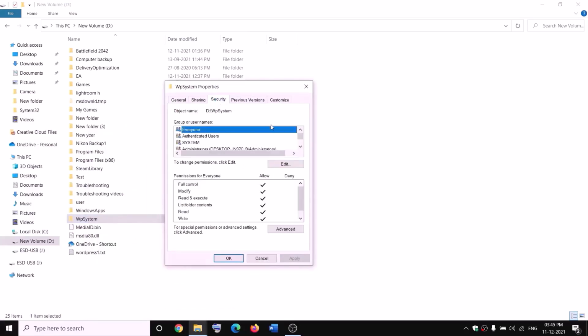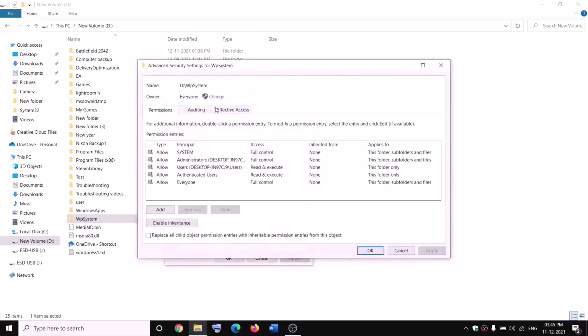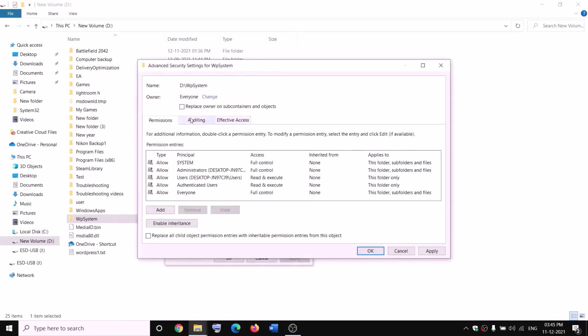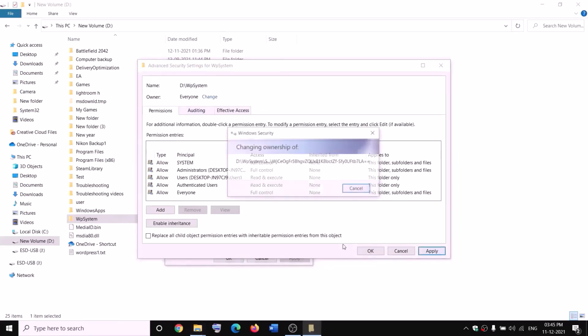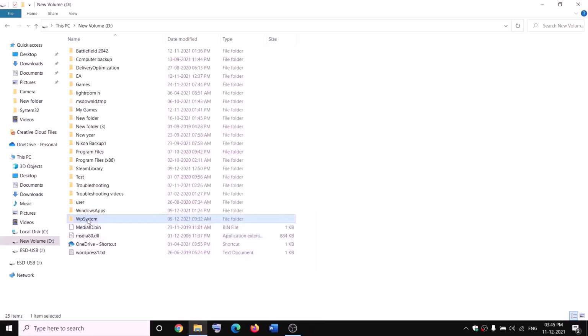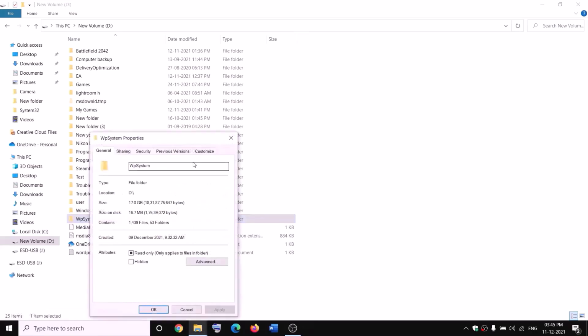We will go ahead and take the ownership of this folder. So go to security tab and then click on advanced. Now click on change over here and then type in everyone over here, everyone, and then click on check names, then click on OK. Now put a check on the box which says replace owner on subcontainers and objects and then click on apply. OK, OK, OK,